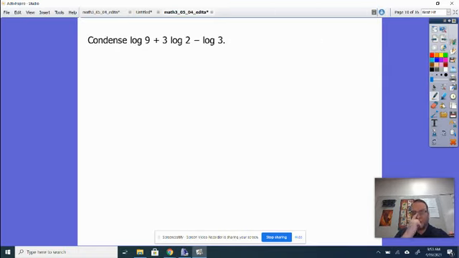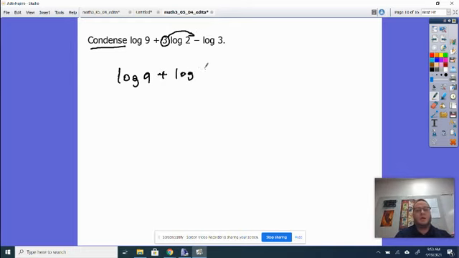Okay, now the question comes into play, can I do this multiple times? And the answer is yes. Not only that, but I can mix things. Okay, so the goal here with condensed problems is we want to get everything close together. So I can say log 9. I'm going to move this 3 up here first. Anytime you have a coefficient out front, you do want to move that up as an exponent first. So log 2 to the 3rd. Sorry, minus